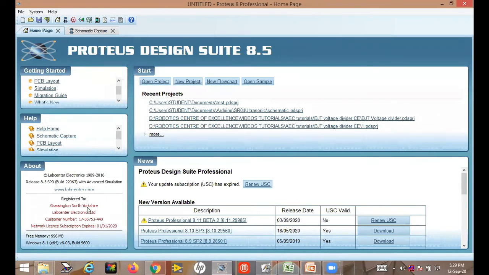If everyone is getting this register to this person, then you have correctly installed. If in this portion you are getting demo, that means you have not installed Proteus properly. Okay, so you just follow the PDF file. Otherwise, that YouTube link I already sent you yesterday. Just watch that video and follow and install.